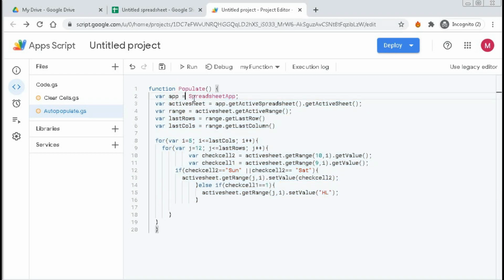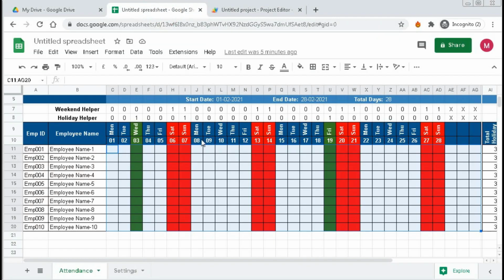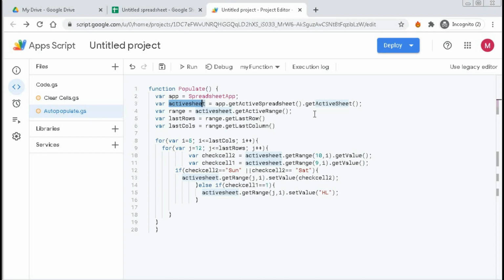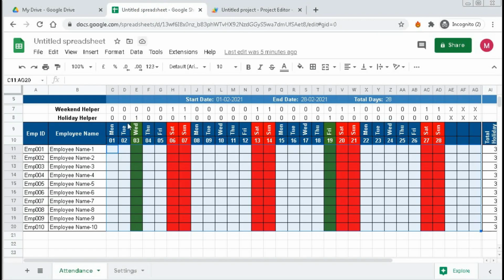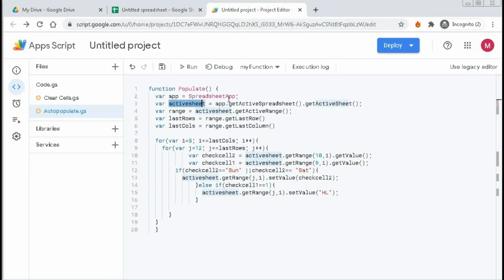The app is SpreadsheetApp and then activeSheet equal to app, that is SpreadsheetApp dot getActiveSpreadsheet. When we work on this sheet, this will be the active spreadsheet. Then getActiveSheet. Here we have two sheets and we are working on this sheet, so this sheet is the active sheet. The next variable is range equal to activeSheet dot getActiveRange.